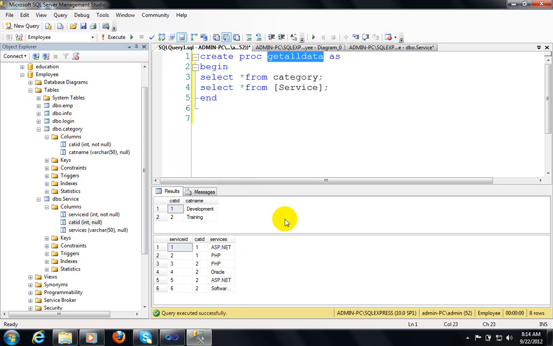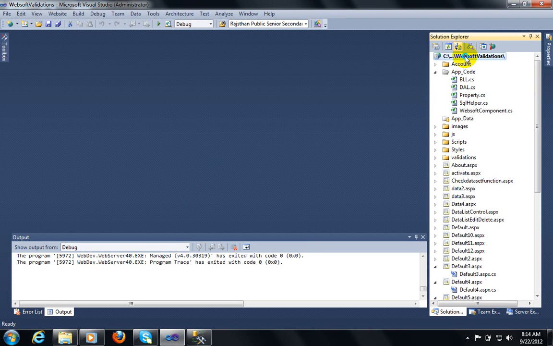In this example the first category is development, and I have two related fields in the services table. For the category name development we have category ID 1, and for this category ID I will retrieve two fields, ASP.NET and PHP, and for training we will retrieve four fields, right? So let's see how we can create the relationship in your